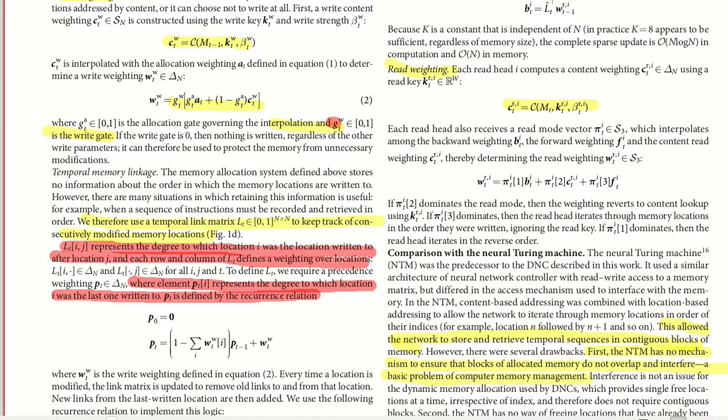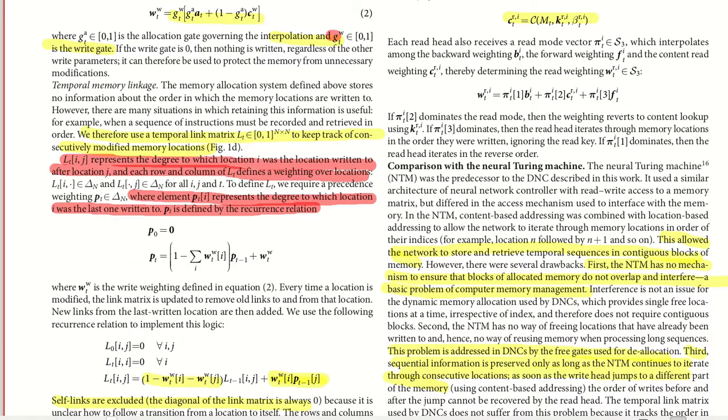It starts at 0, so for every element we can make this distinction as to which one was the last one being written to, or the extent by which any of these elements were the last one being written to. But at each time step, we take this P from a time step before, and since it means the degree by which it was the last location being written to,